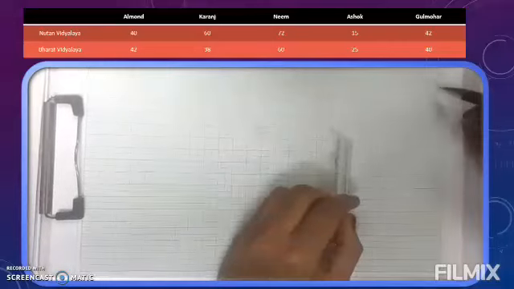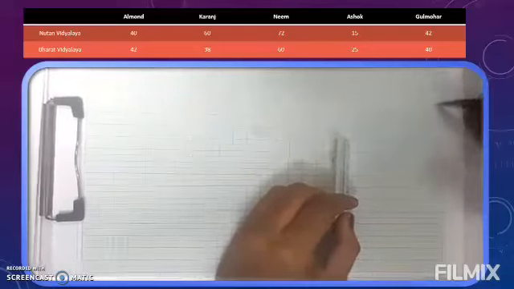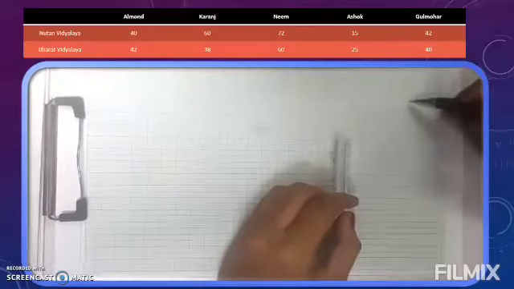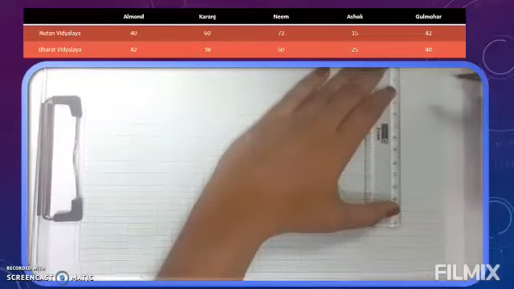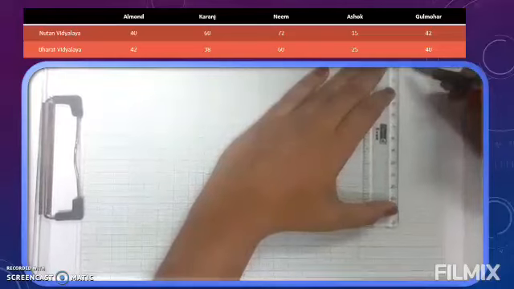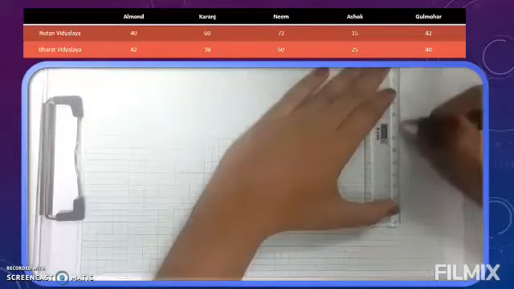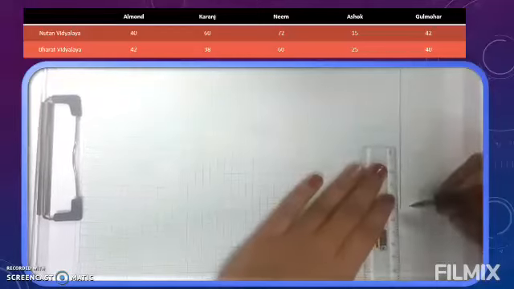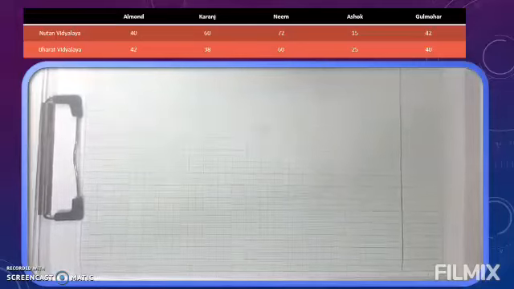So we'll start. What we will do from down, either you leave two boxes. See, these all are small boxes. Either you leave two boxes or three boxes. I am leaving three boxes, and arrange your scale exactly on the darker green line and draw one line. See to it, your line should be exactly on the darker green line.